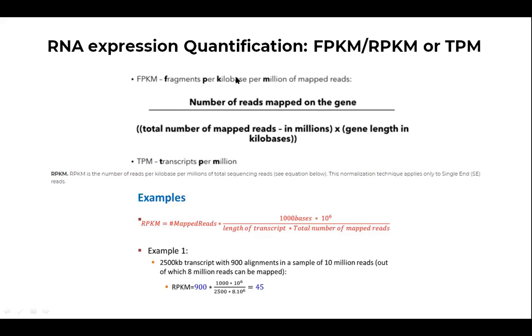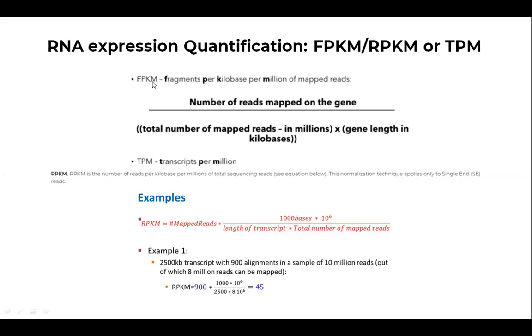So once you get these reads per million, then you will divide this RPM value with the length of a gene in kilobase. So this will ultimately produce the RPKM value. RPKM and FPKM are very similar. The only difference is that FPKM